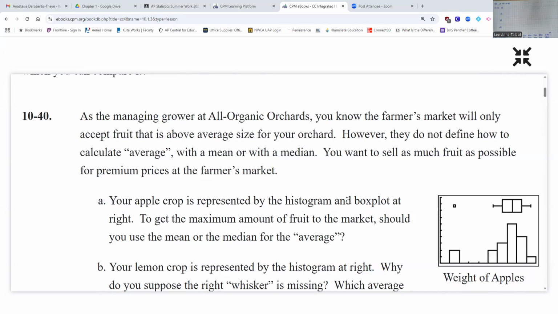Okay. What does this dot here represent? Outlier. Okay. The outlier, when we did the Fancyville problem, did it affect the mean or the median? The mean. Okay. And this one is a really low outlier, which means it's going to make the mean really low. Do we want the mean to be low? No, so we should use the median. Do you see why they should not have put this problem first? I don't understand. Okay.